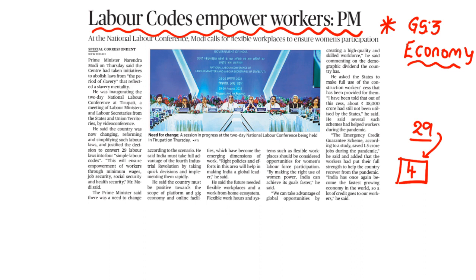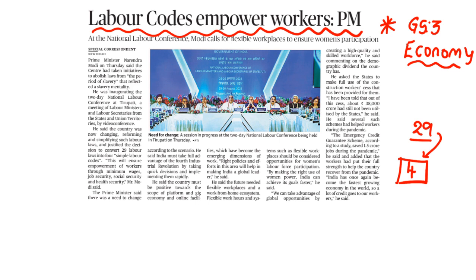So in the fourth industrial revolution also, labor plays an important role, but here not the unskilled labor, only the formally trained, skilled laborers can show their productivity in the fourth industrial revolution. Getting? So he is saying that right now the right policies and efforts in this area are very important,